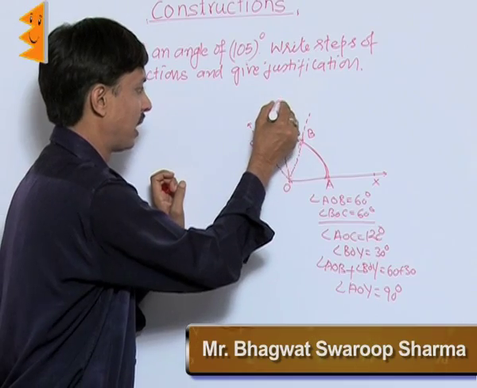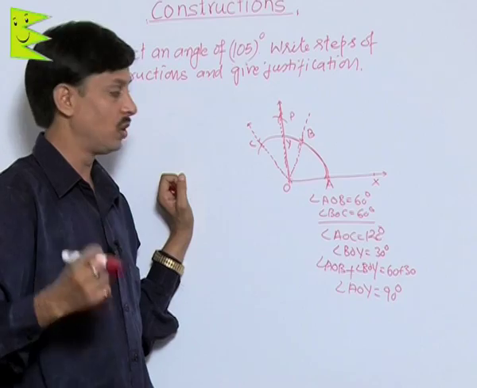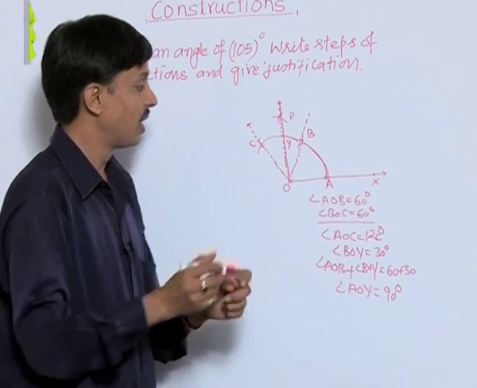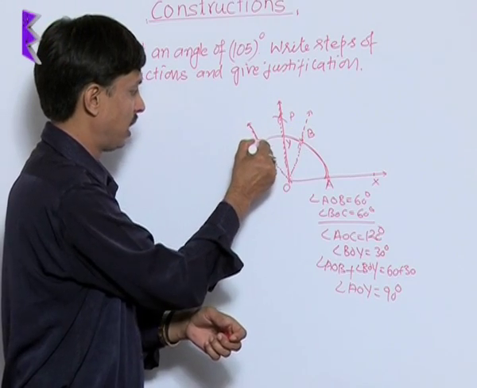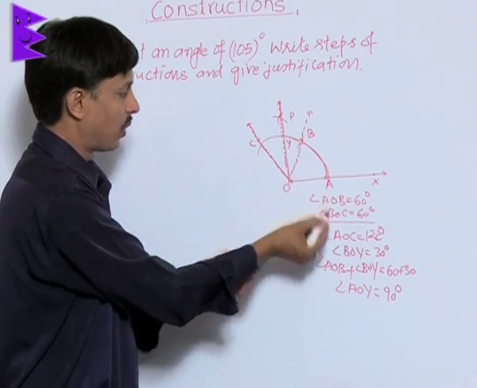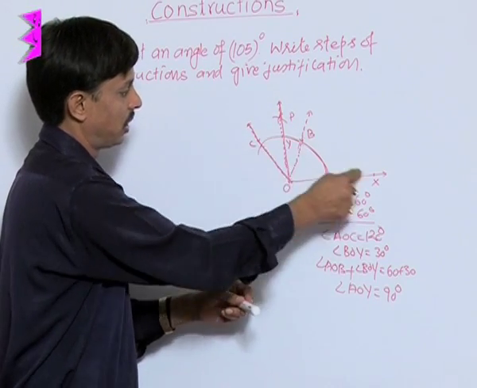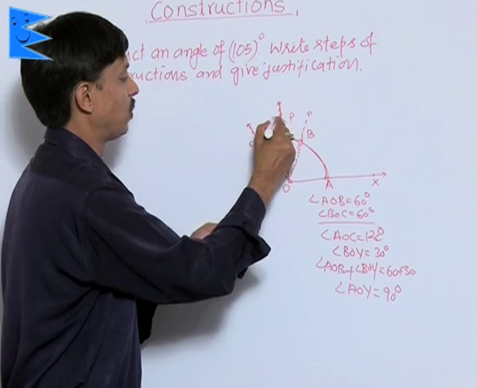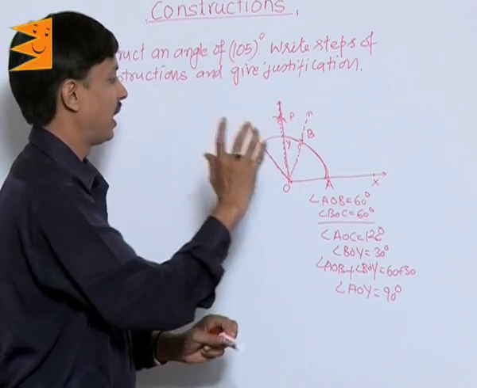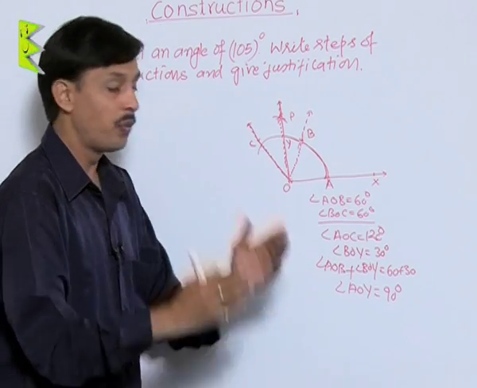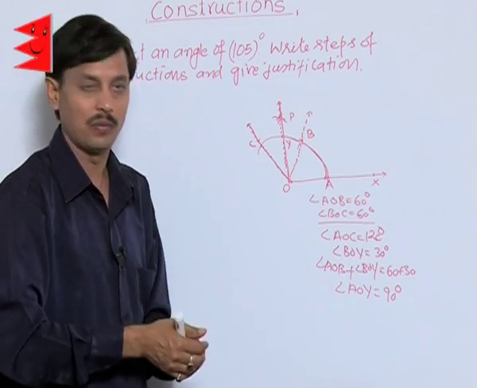So sometime one can ask you how to construct an angle of 90 degree by using ruler and compass. That is also clear. How to construct 60 is this way. How to construct 120? 120 is this one. How to construct 90? This is also clear because this is 60, this is 30. So their sum is what? This one, 90 degree. Okay. But I want to construct an angle of 105. If 15 degree is added in 90, then 105 result will come.